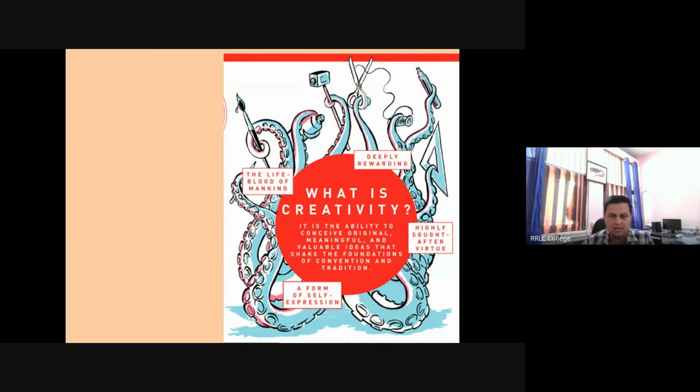So now what is creativity? बहुत ही complex diagram है, right? Being a zoologist, I have taken example of octopus. Octopus has lot of arms, right? हमारे पास we have 2 arms, right? 4 limbs and hind limbs, but हम हाथ का यूज करते हैं for our writing, for our creativity, right?